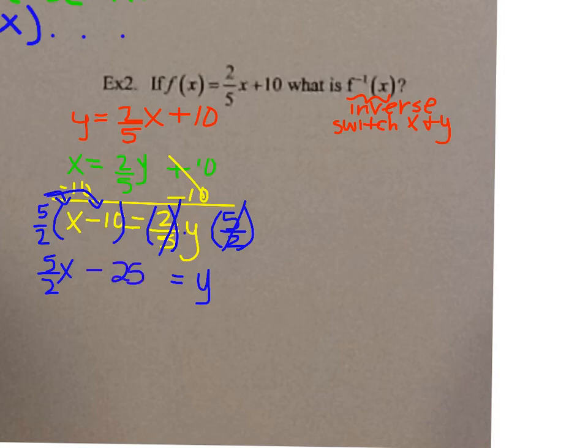So I would rewrite it like this, y equals 5/2 x minus 25, because most kids like to have their y on the left side. And then write it using inverse notation. So I'm using f of x. So it's the inverse of f of x equals 5/2 x